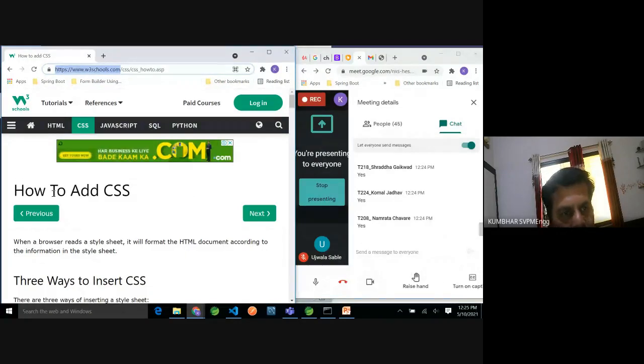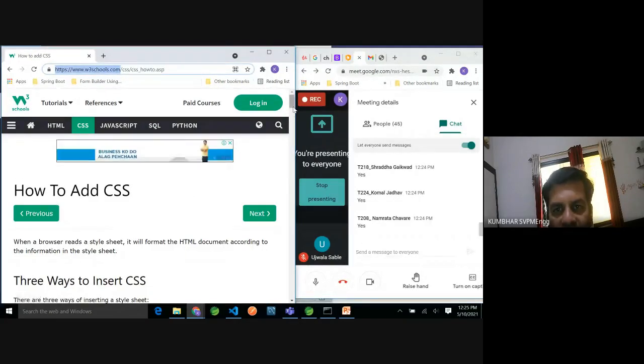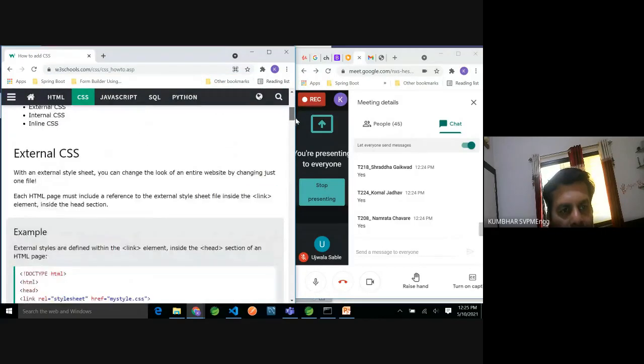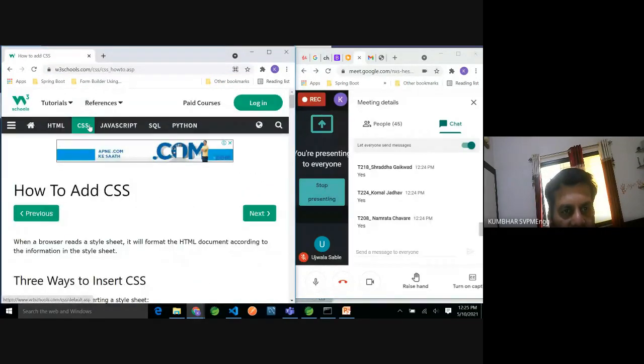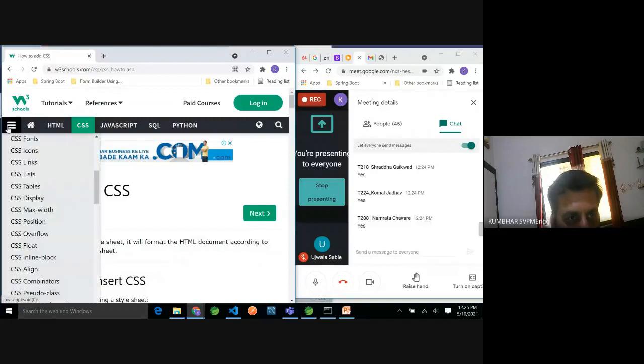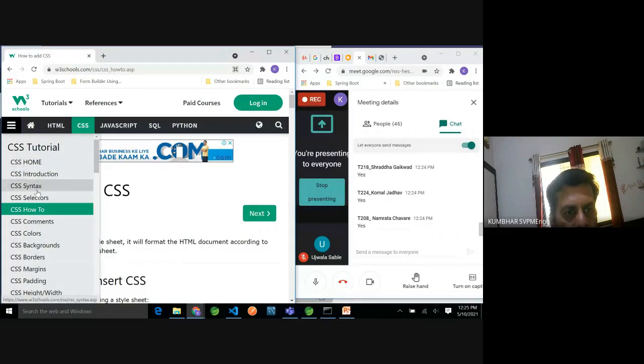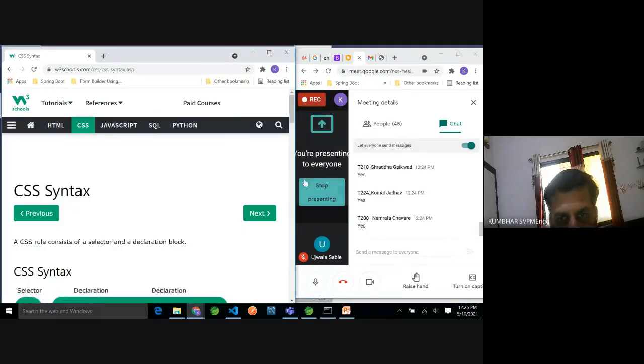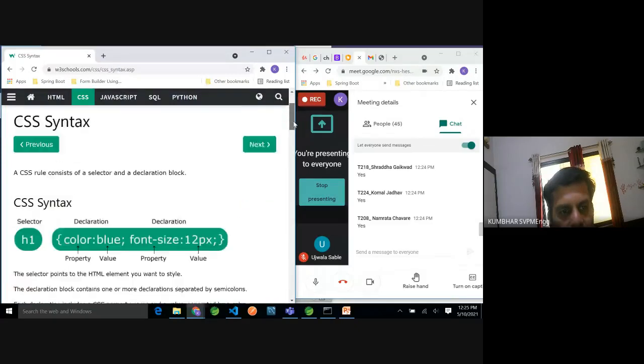So I suggest you go here and deep dive into this. Okay, CSS. Actually, I'm not able to go for this. Fine. CSS syntax. Yes, that's what I want to show you.